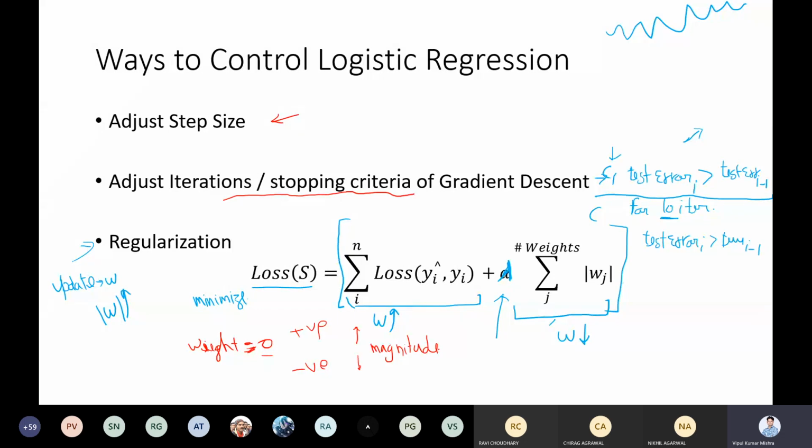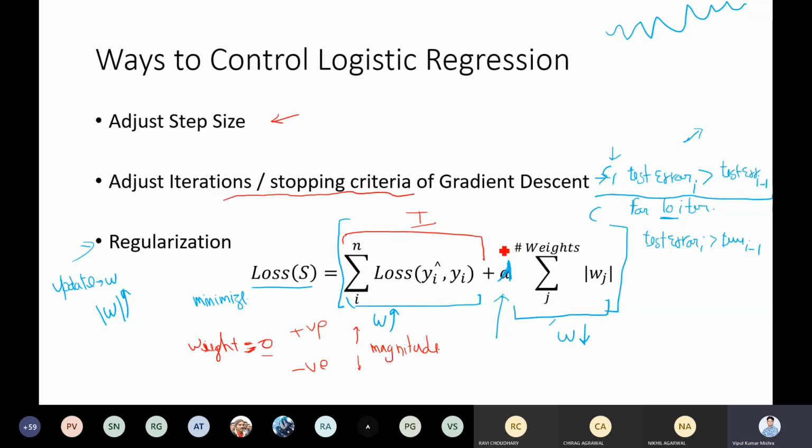As the weights increase, you start looking into the individual data points. This particular loss tries to increase the weights in either direction, positive or negative. When we say increase the weights, we are talking about the magnitude. If your magnitude becomes very high towards the training examples, then your loss will become very low if you consider only the first part of this loss. That situation is known as the overfitting situation.